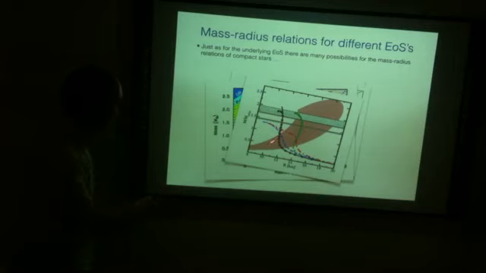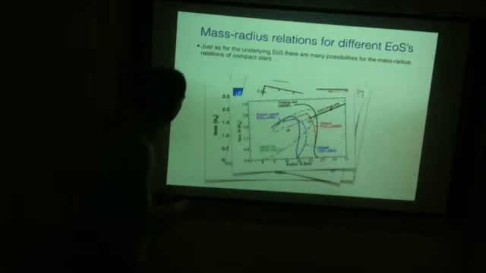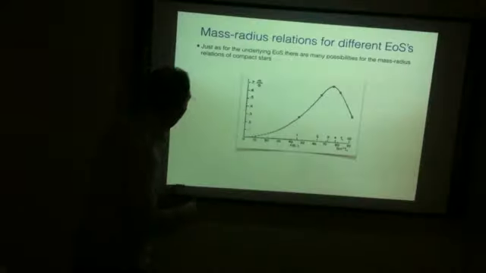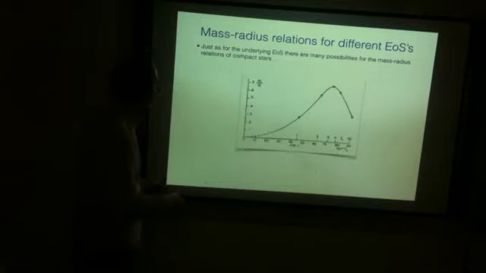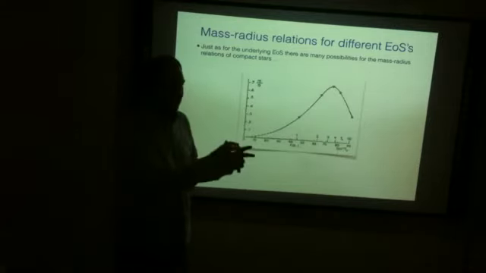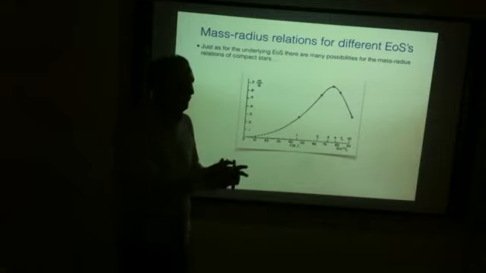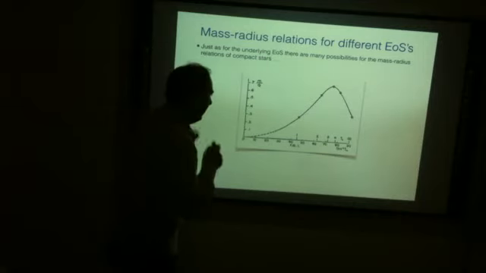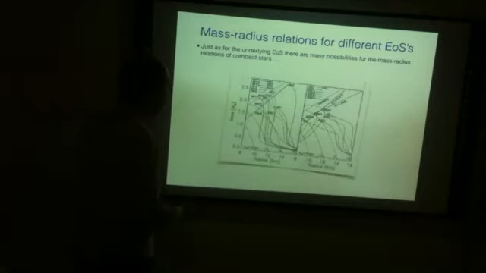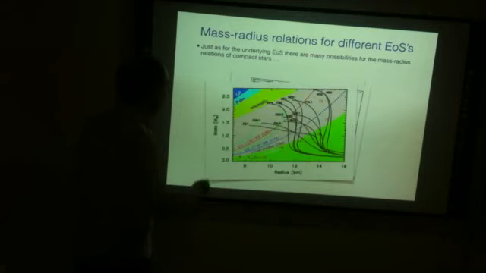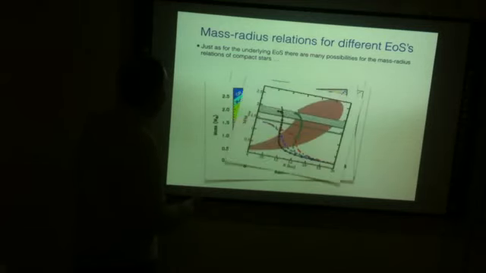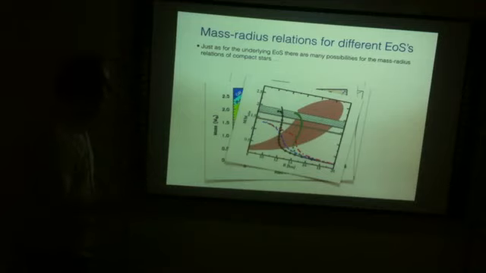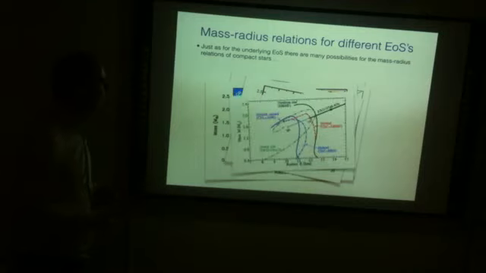And by now we also have curves like this here. This would be a curve that, I don't know, maybe I have a better plot for that on another slide. But now we also have curves that actually come from observational constraints. And that's much safer than just making up models and tuning. By now we can actually get first constraints from observations, and I'll come to that later. But as I said, we just don't know yet what the right equation of state is, and correspondingly we also don't know what the realized MR curve is.